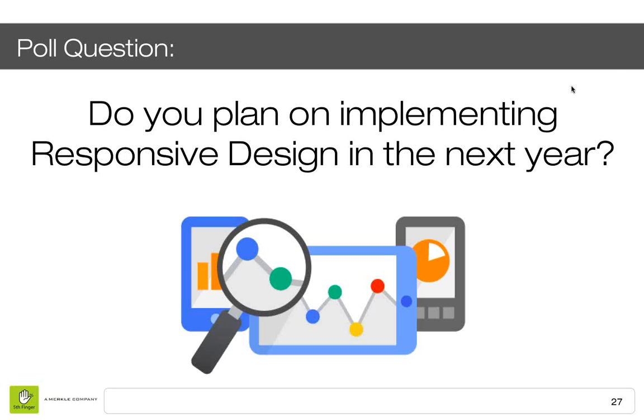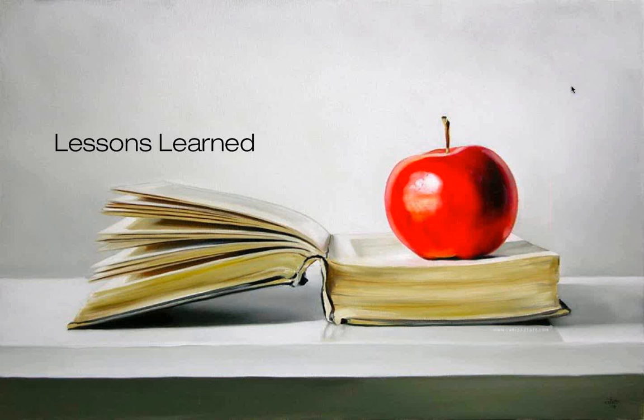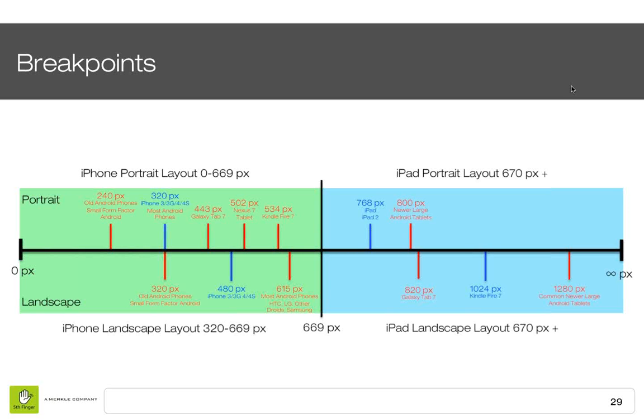Very encouraging. So lastly, I thought I'd share a few lessons learned in our journey through responsive. And there's a few other clients which I haven't mentioned here, which we've also gone live with projects as well. So it's been some good experience. And one of the first things that really jumps out to us as a key new discussion topic with responsive over traditional development exercises on the web is the discussion around breakpoints. Breakpoints you may have heard of, but breakpoints in simple terms are the horizontal resolution at which you change layouts. So for example, if you're going from desktop down to tablet, you typically would set the breakpoint